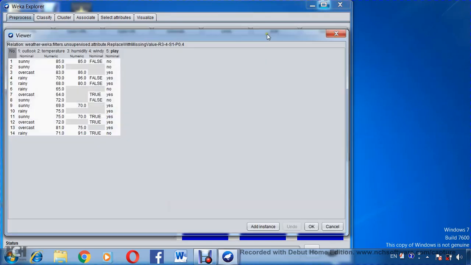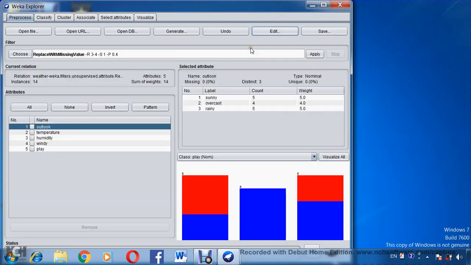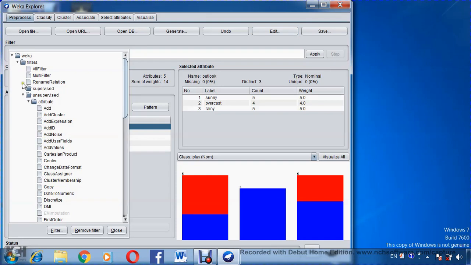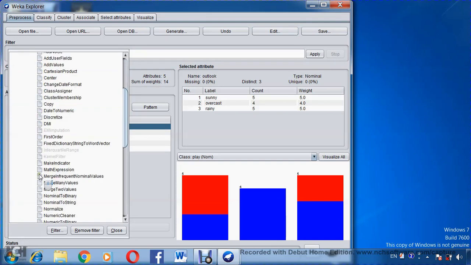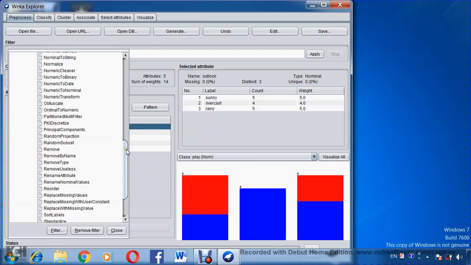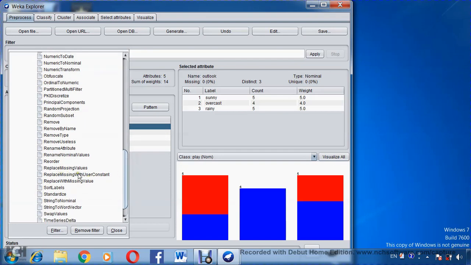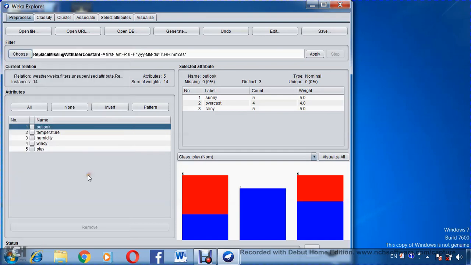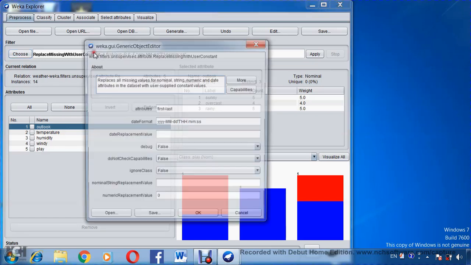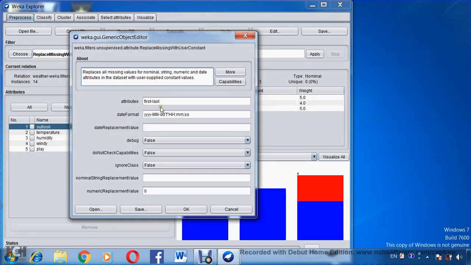And see the missing values in just two attributes, humidity and windy. Okay, and choose the filter for a constant value, replace missing with user constant, and change the settings here. Write 3,4 for example, and write the nominal string replacement value here, for example true for the windy,